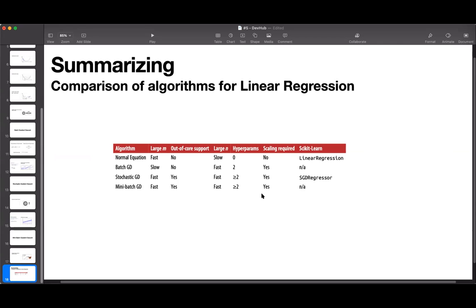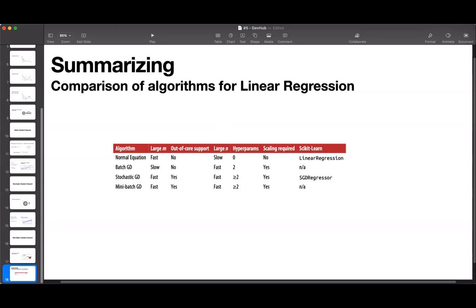For the stochastic gradient descent, it is not as slow as batch gradient descent, it is faster than that. But stochastic is very random. And lastly, the mini batch gradient descent, which takes in small batches from the whole training set. It is fast, it is also accurate, and it is not as random as what happens in stochastic gradient descent. So from this, if we generalize, the most optimized thing which we saw is the mini batch gradient descent.